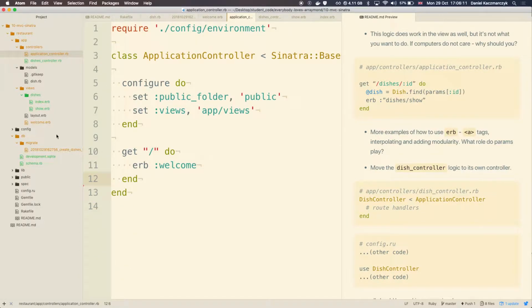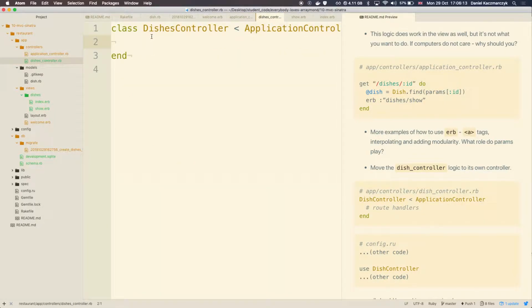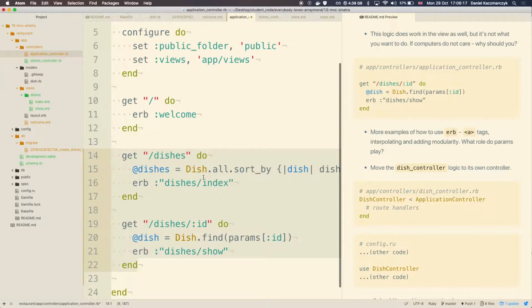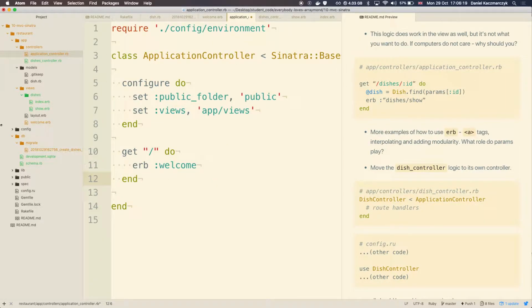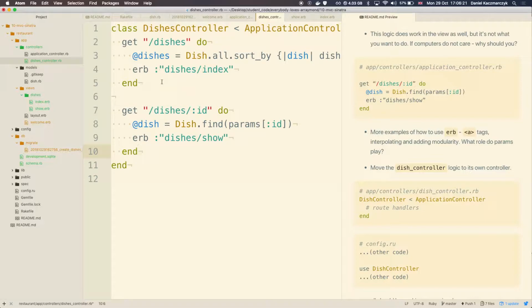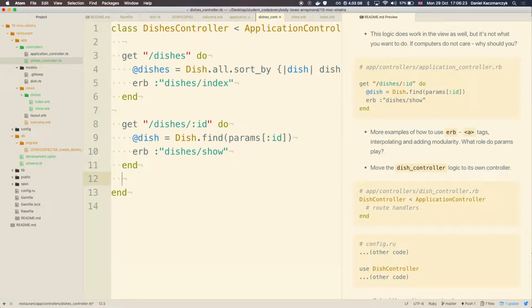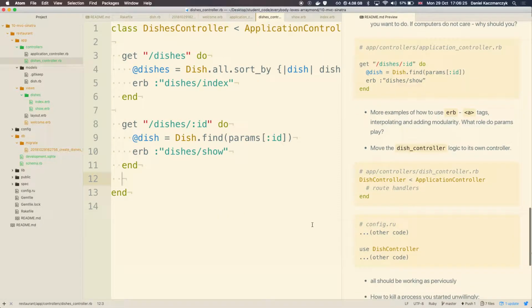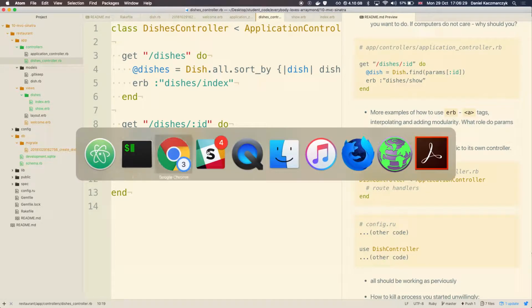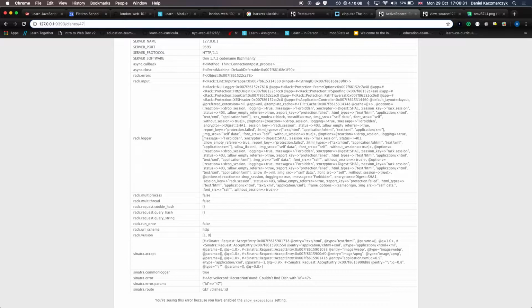So I'm gonna go to dishes controller and plug that in. Ooh, what just happened? I thought I'd cut it. Flip, cool. So I put it here, and there's one thing I have to do, because if I now run that, you can see if I go to slash dishes,